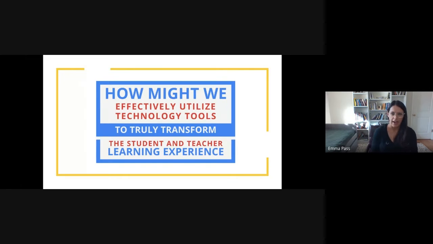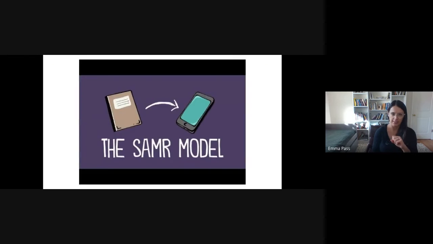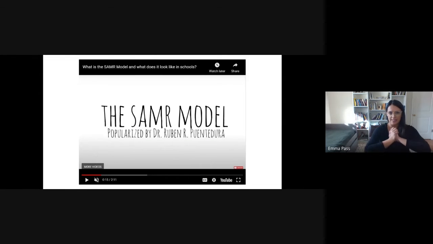Built around this question of how might we effectively utilize technology tools to truly transform the learner or the student and teacher learning experience. And that transform part is important. So the SAMR model is a model of thinking for how we approach designing lessons